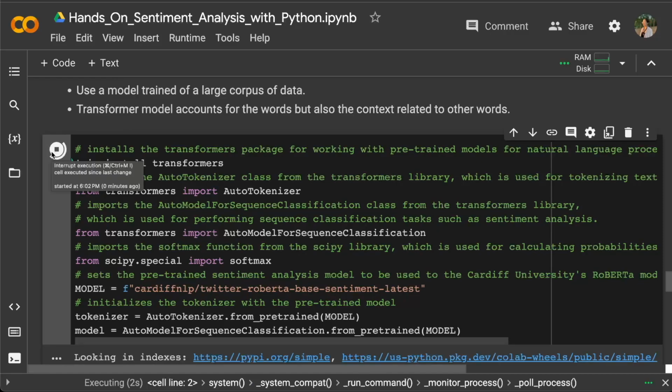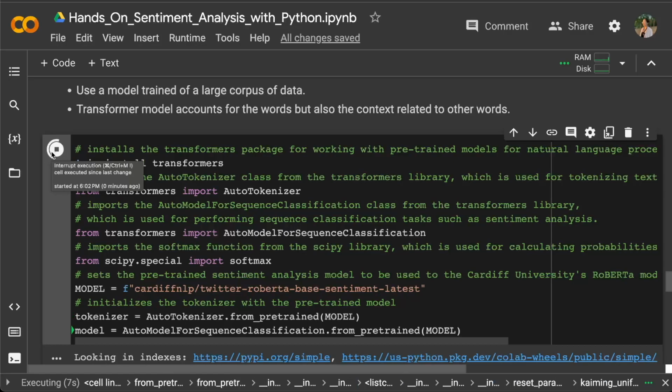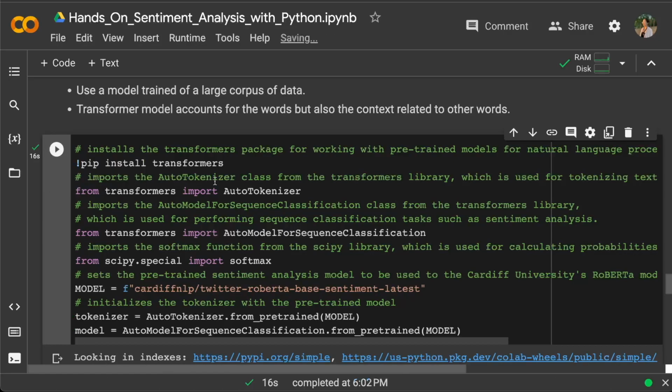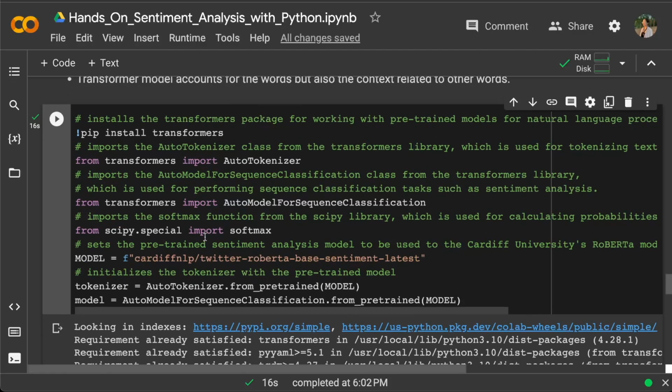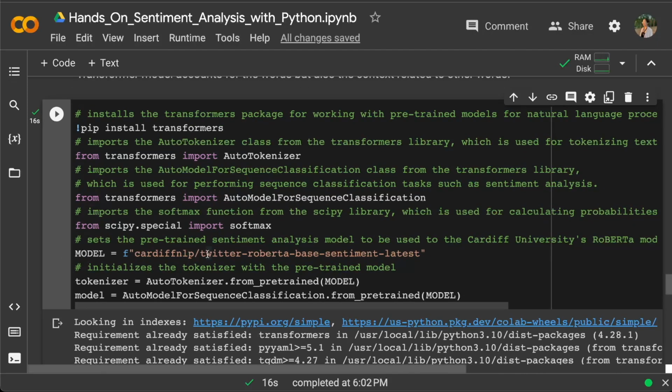We're installing the transformers package. If you know about GPT, you will know the T stands for transformer. So from transformers, we can import the tokenizer and the sequence classification. We're also going to use the softmax function from the SciPy library, which is used to calculate the probabilities. We are using the model that was built on Twitter data, and we just initialize the tokenizer from the